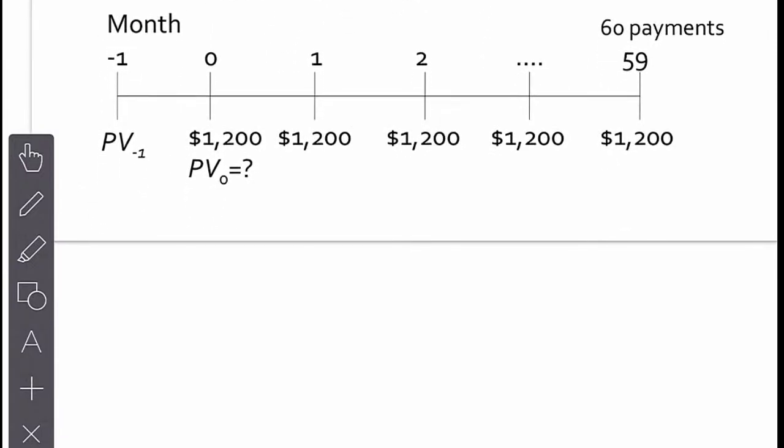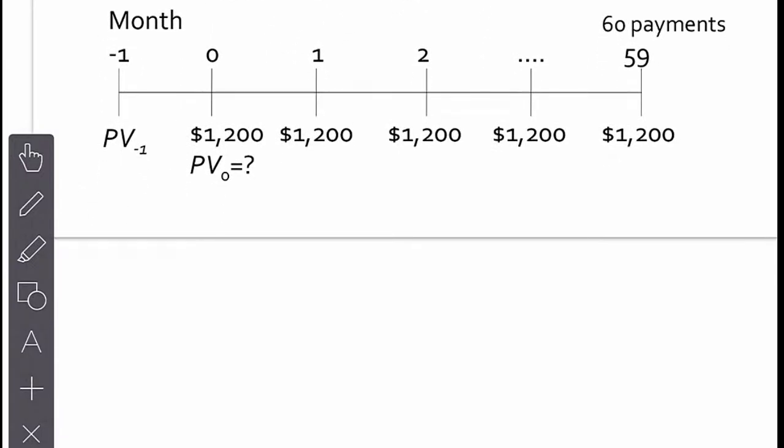As I mentioned yesterday, the timeline does go beyond 0. It can go into the past. So here I've drawn the timeline with that idea. By making this extension into the past, now I see